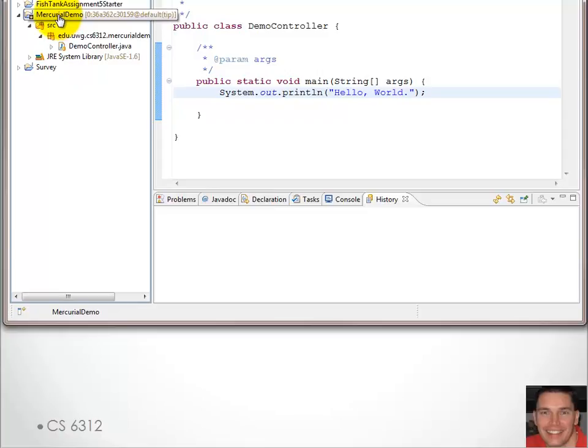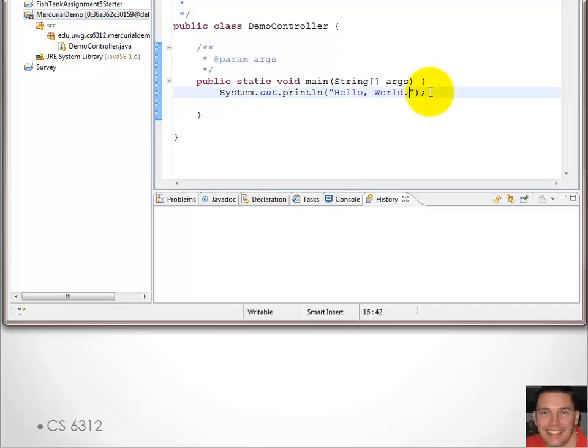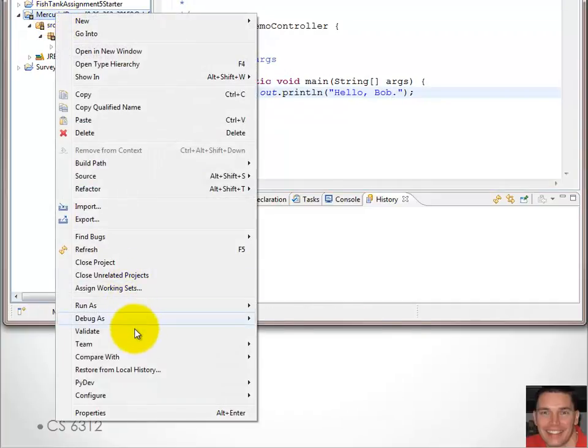the settings file. If I come back and let's say I have made some changes, so I come in here and I want this to say hello Bob. Notice here now there is a little change in my icon saying that there's been a modification to your file, so it's not the same as that which is in your repository. If I want to come in and check in my changes now, I can come in and say, go down